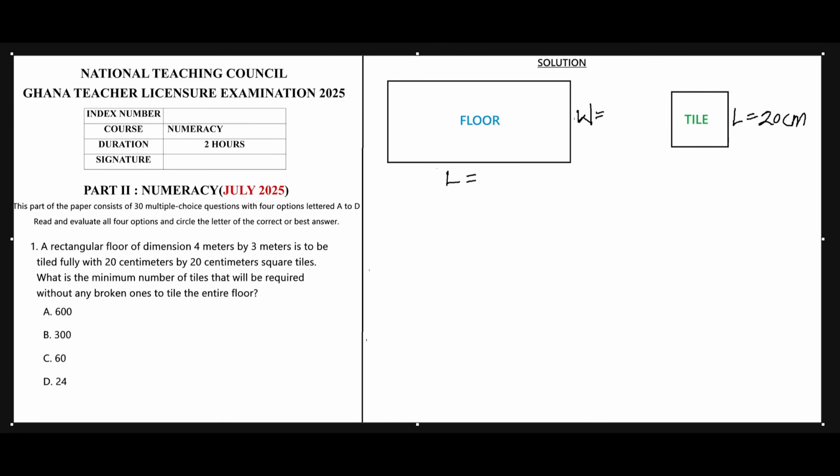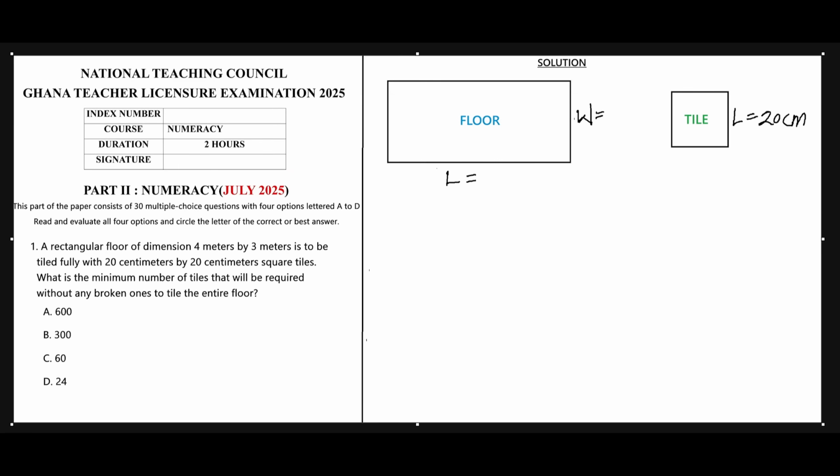So you must always make sure that the units in both cases are the same, simply because at the end of the day we want to find out how many of the square tiles will be needed to tile the entire rectangular floor. So before we can compare, we must make sure that they have the same units. So in doing so, it's either we make sure that both cases have meters as their units, or both cases have centimeters as their units. But I prefer